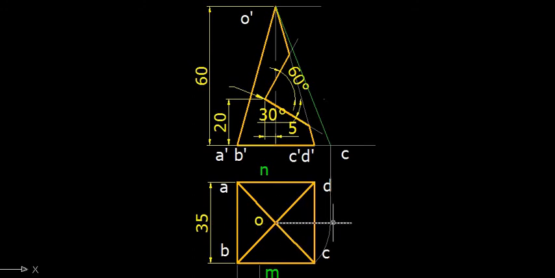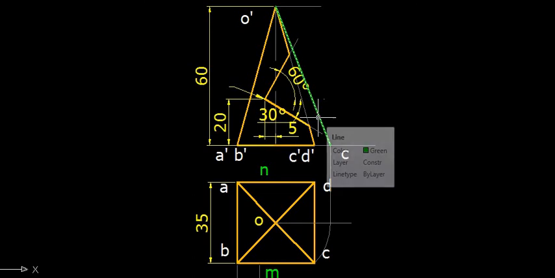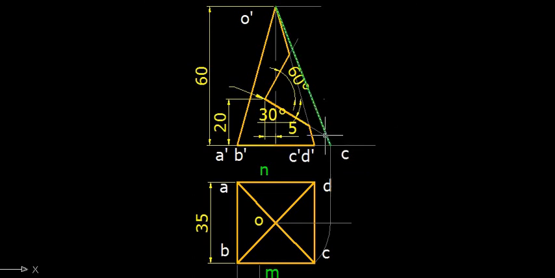When this is made parallel to the XY line, the point in the front view will come here. That means had this C point been here in front view, it would have been here. In that case this line would have been horizontal, and this line would show the true length. That means finally we have got the true length of this line. Once you find the true length of this line, the next procedure is to draw an arc like this.